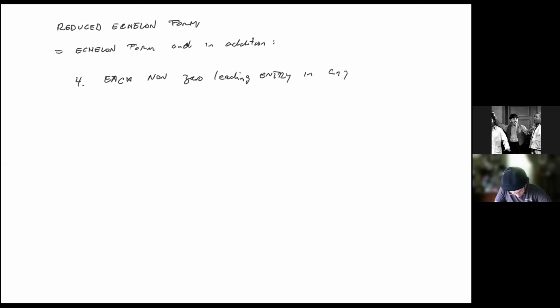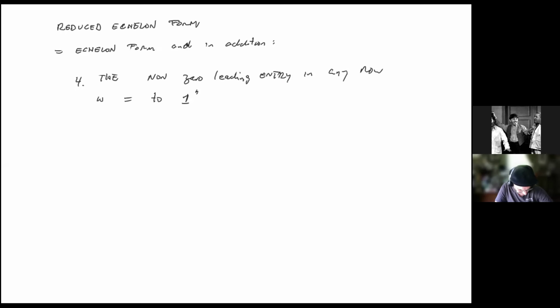I shouldn't say each, I should say the non-zero leading entry in any row which is not 0, is equal to 1. So the non-zero leading entry in a row that has something non-zero in it, that leading entry is 1. And then 5,